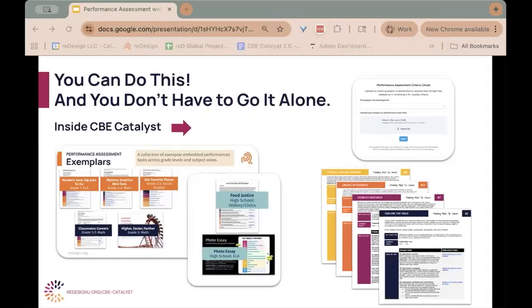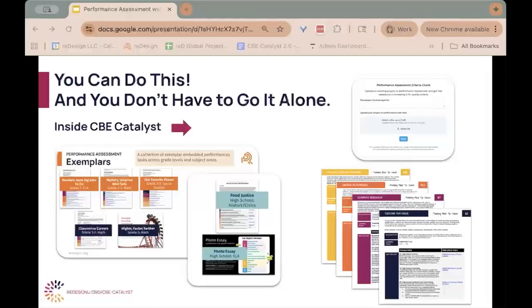So a learning pathway allows you to go as deep as you want to go in that learning and understanding. If you're a leader, it also provides you with tools to bring that learning to your faculty. But it also gives you a lot of tools. So for instance, in the learning pathway for performance assessment, guess what? You get a whole bunch of learning assessments, performance assessments that reDesign has created, full performance assessments ready to go, built on the thinking block structure for you to adapt or adopt as you wish.